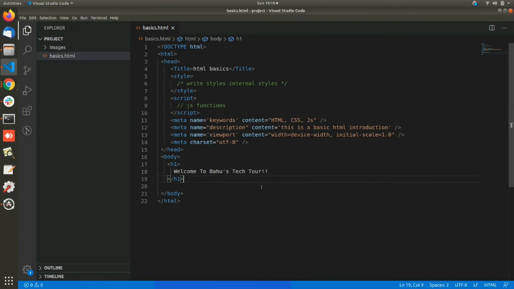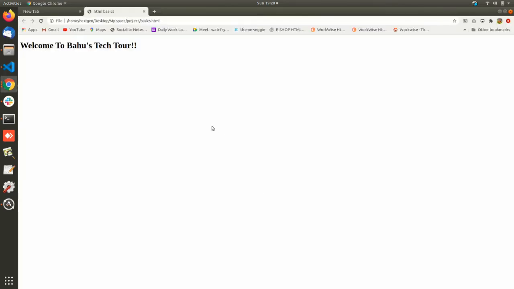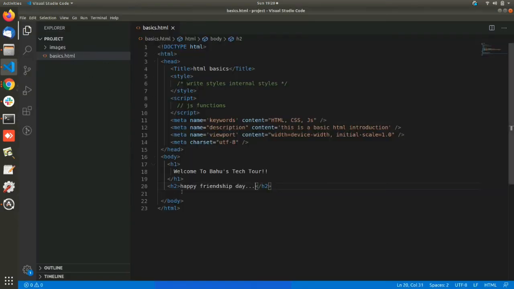Now H2, happy friendship day. Let's see the output, refresh it. So, happy friendship day. This is the H1 tag and this is the H2 tag. H1, H2, H3, H4, H5 are the heading tags for HTML.